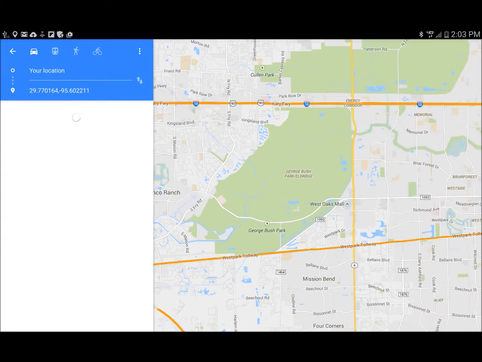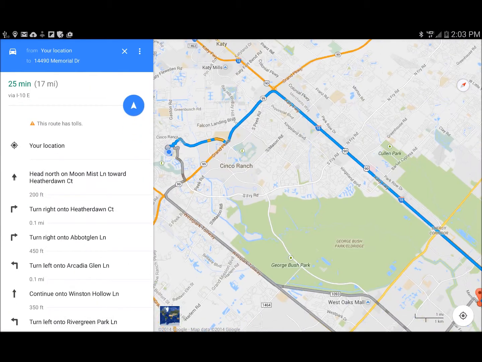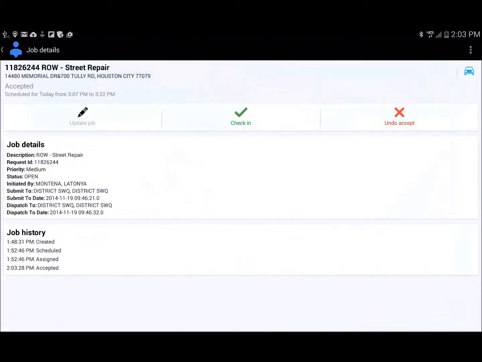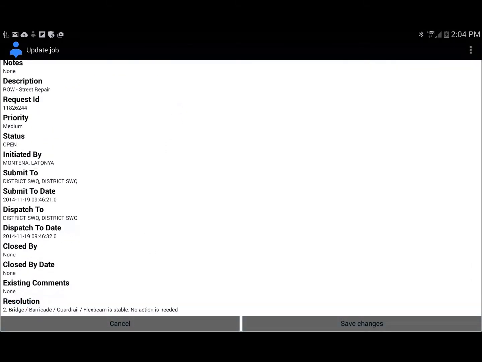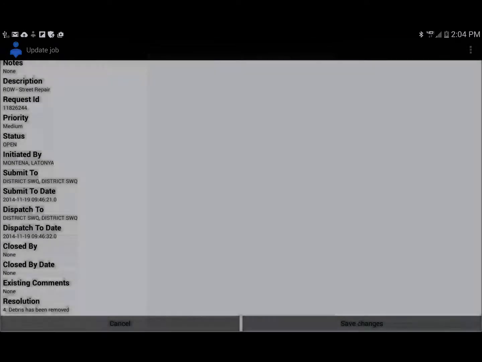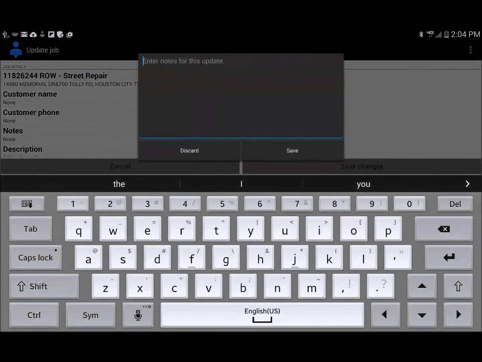Here you can see that the user has just clicked the directions icon, so the map has loaded. It's going to navigate them to the location. Once you arrive, click the back button a couple of times to see this screen. Once you arrive at the location, you click on check-in,